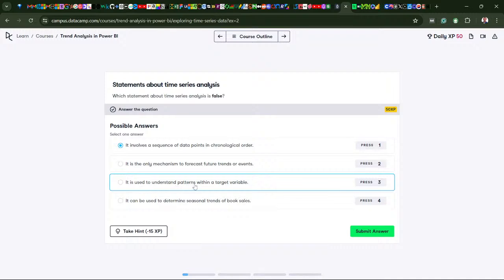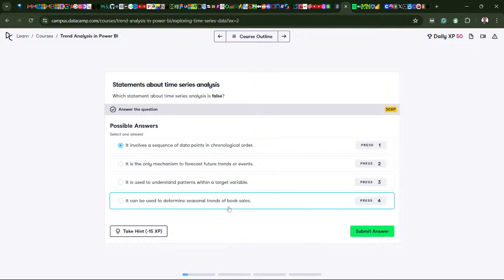It is used to understand patterns within a target variable. That's true. It can be used to determine seasonal trends of book sales. So definitely used for sales, to determine sales. So that is informing season specific trends,